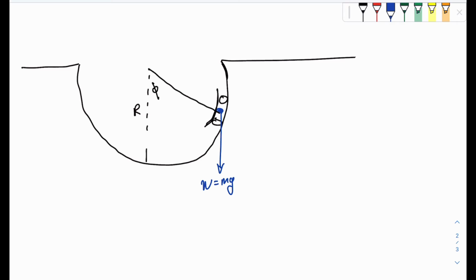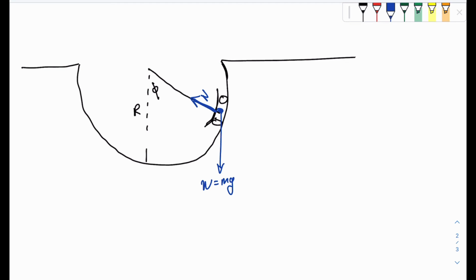And second, we have a normal force that is acting on the skateboard. So these are the two forces that act on the body, and we suppose that we do not have